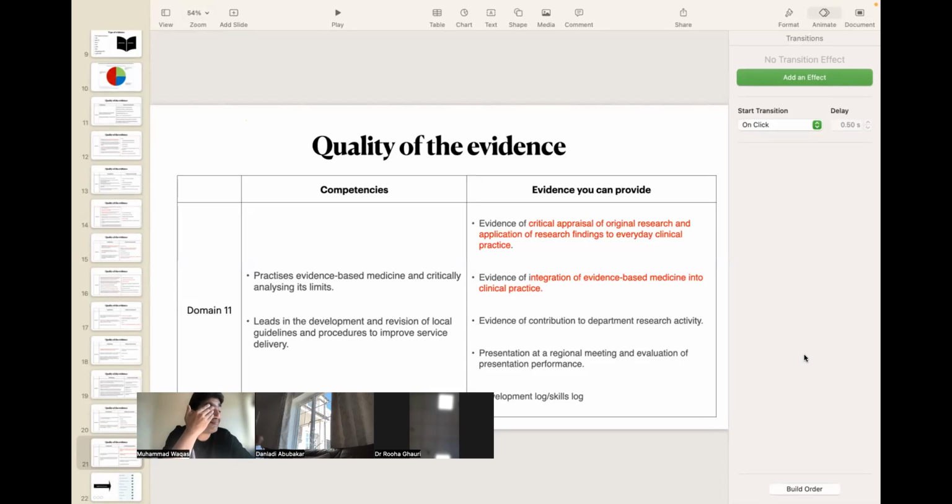So if anyone is interested, they just need to go and ask trainees if they have any special group, so they can maybe join. My question is, I know that we have run out of time, but I think it would be very helpful if you can show us how you uploaded your evidence to the application. This is very important when we organize our evidence, how you put things in the online application. That's the most important bit, which we really struggle with, rather than going through the document, which is already provided by the GMC. So if we can't do that today, would you mind doing another session to show us?